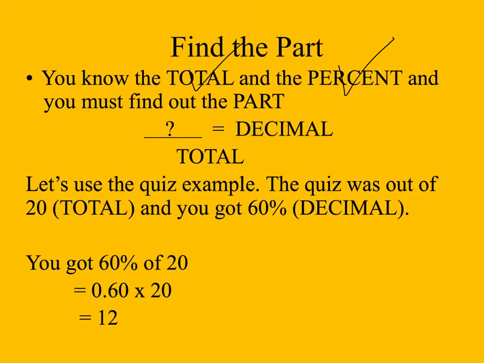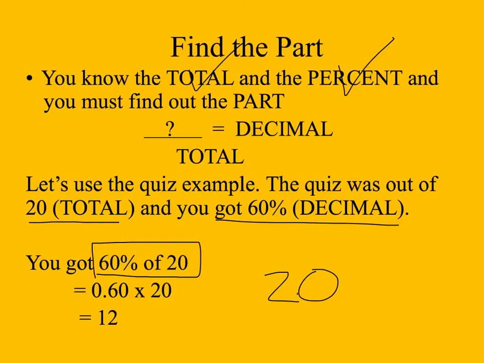The quiz was out of 20, so there's your total, which means your denominator is going to be 20. You got 60% on this. That means you got 60% correct. 60% out of 20. 60% of 20. This looks familiar. This looks like a problem we've done before. And if we think back a few slides,